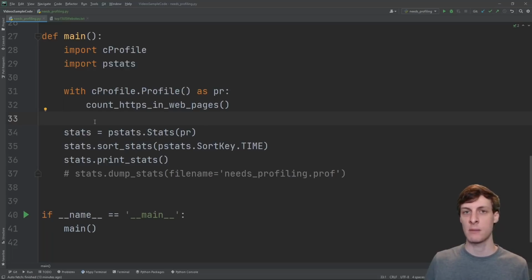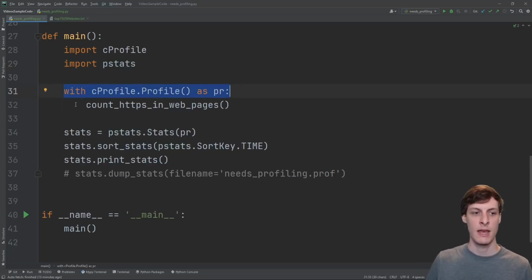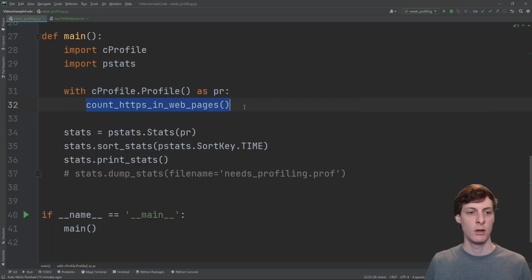So here's the basic setup of how you use the built-in Python profiler in CPython. Basically, you just do a with cProfile.Profile() as something, and then put inside the with block whatever it is that you want to profile. There are a lot of different options in the profiler. You can do pretty advanced stuff like turning profiling on and off for certain function calls, things like that. But the most basic thing that you can do in profiling is, I would say about 95% of the time, all that I actually need.